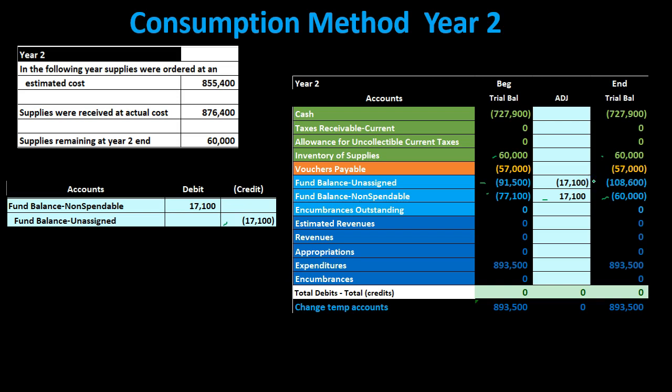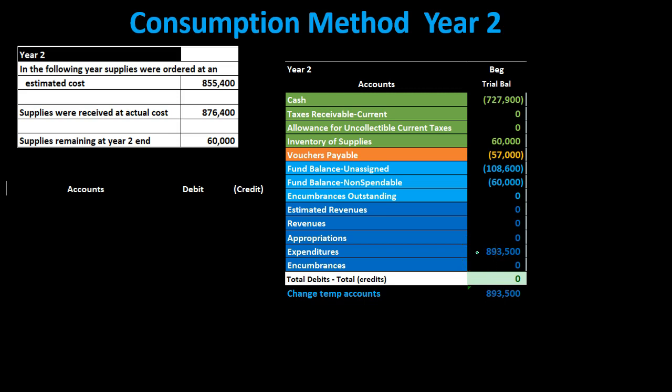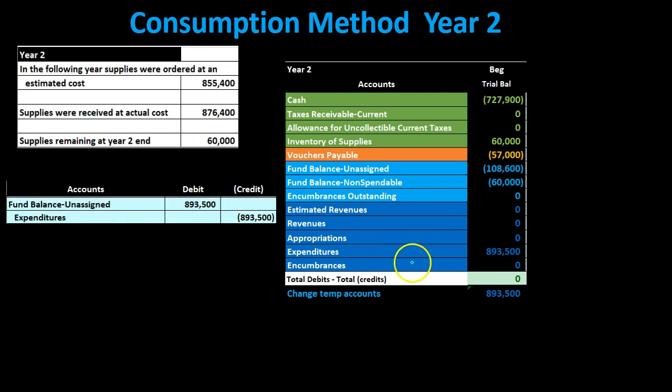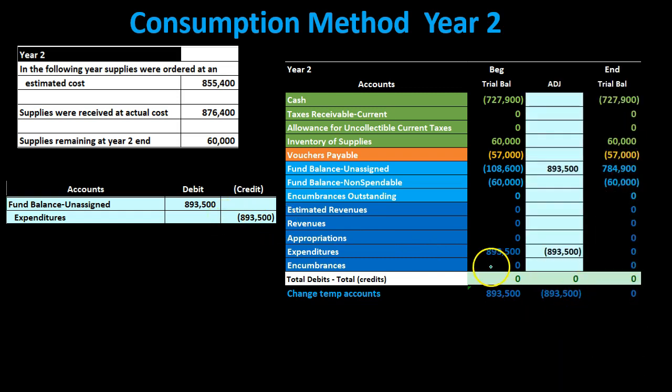So then if we do our closing entry, we'll get our post-closing trial balance. We only have one item happening in our simple problem. We only have the expenditure. We're going to close out the expenditure to the equity section now. So we're going to say that this is a debit. We're going to credit it to make it go down. We're going to debit the unassigned area. So this goes from here down to 0. And then we have the unassigned, which is going to be a debit here. Sorry, this is a debit. We credited it, making it go down to 0. This is a credit. We debit it, making it go to the